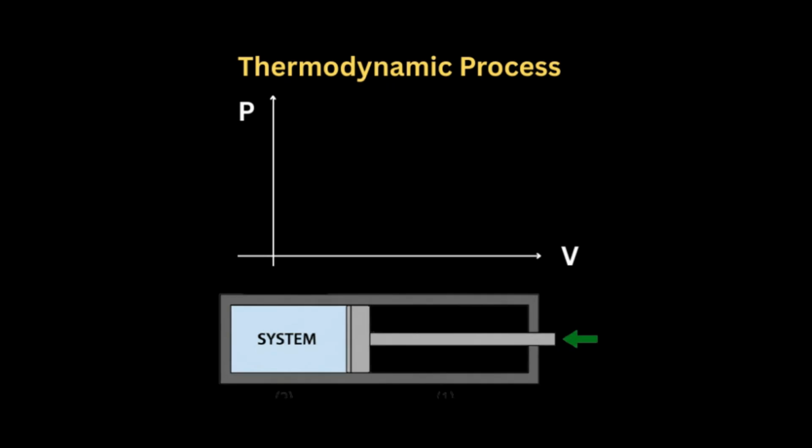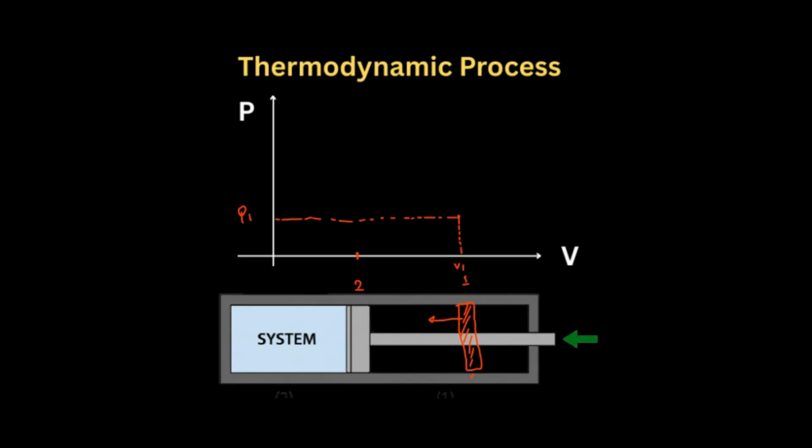Now, let me say I have a system which was initially at this point, right? The piston was at this point, so let me say this is point 1, somewhere here. So this is at V1 and the pressure is P1. Then I start compressing the system. So the piston moves towards the left, and it reaches, say, position 2.